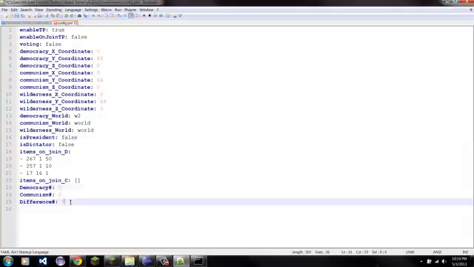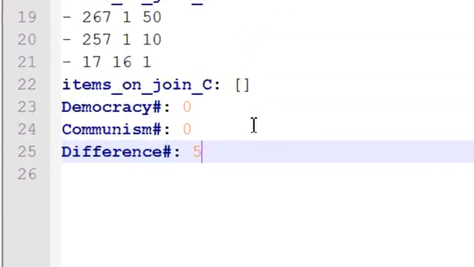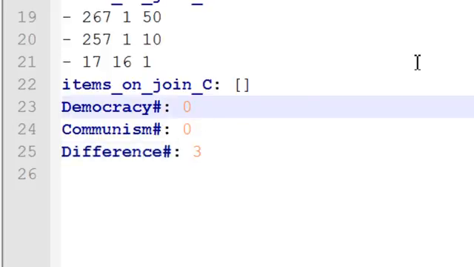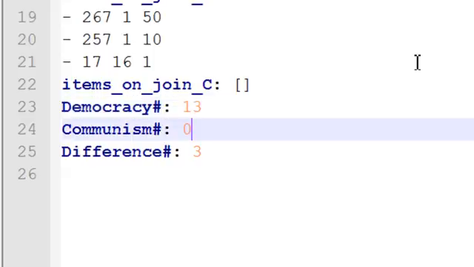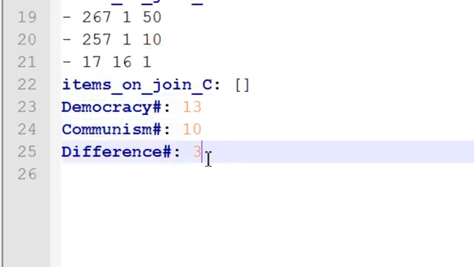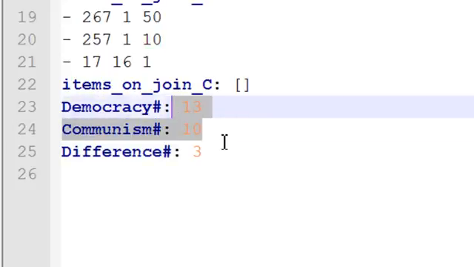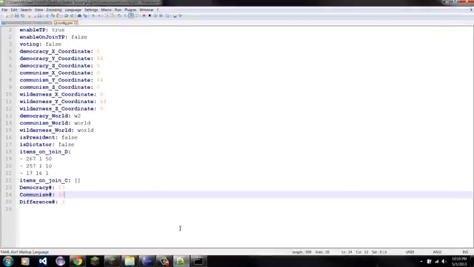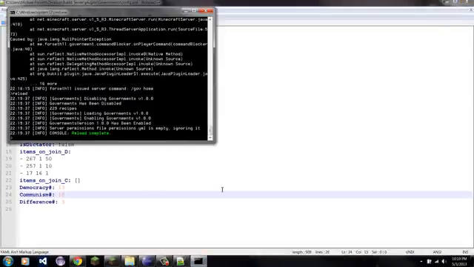And let's say I'm going to put this at a difference of 3, so one group can only have 3 more. So I'm going to put this at 13, so the democracy has 13 people, and the communists have 10 people. So they have 10 people, they have 13, and there's a difference of 3. So that's a difference of 3 right there. So now if I save that, reload,